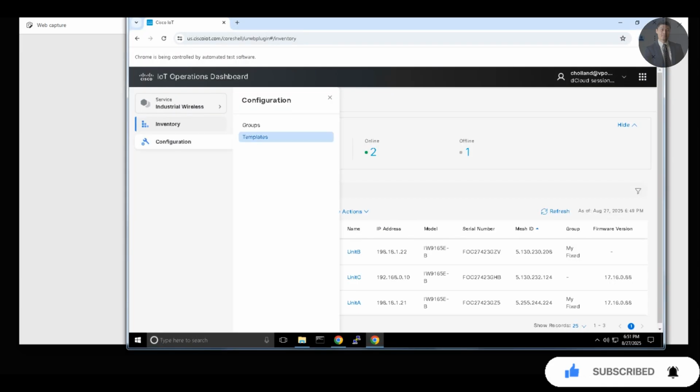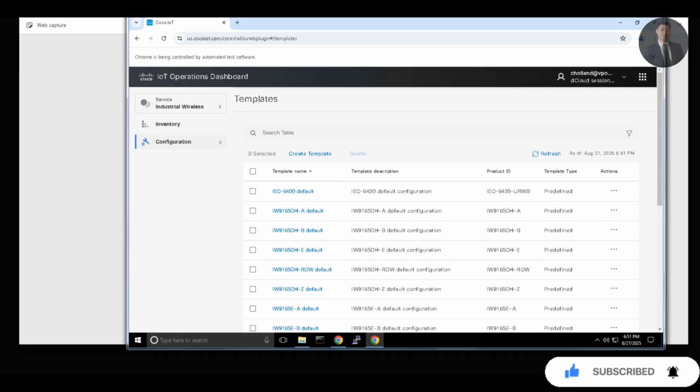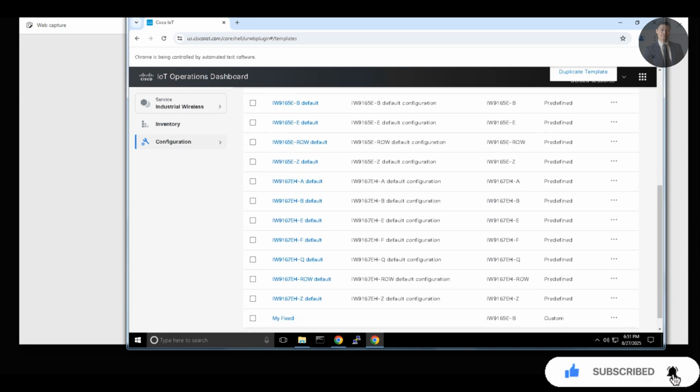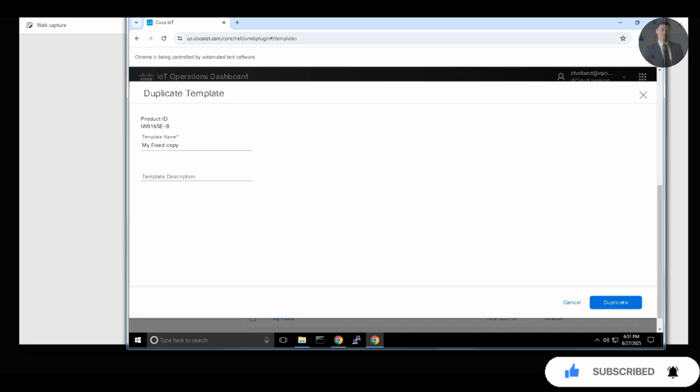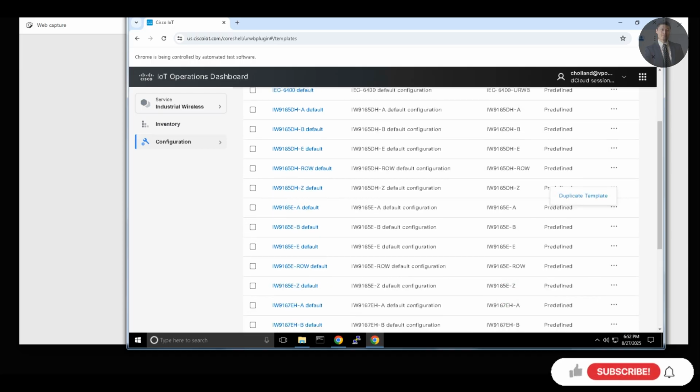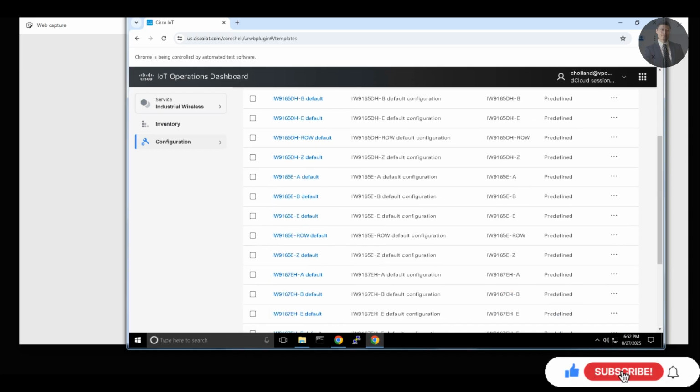Let's duplicate the fixed template and we'll name it my fluidity infrastructure. Click duplicate. Now we want to click it and go into this template, config, edit,